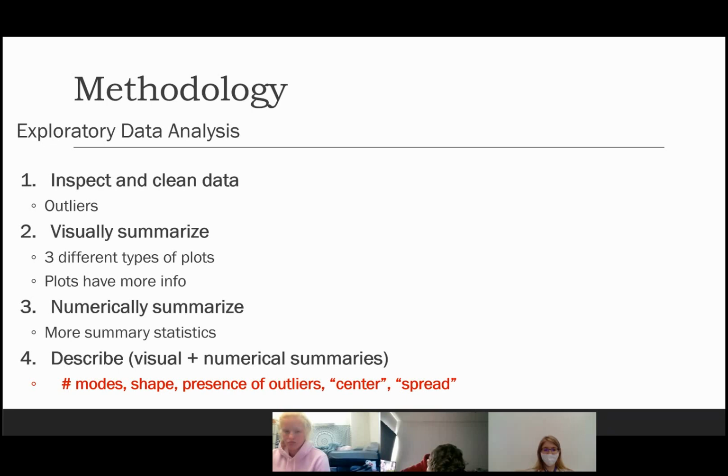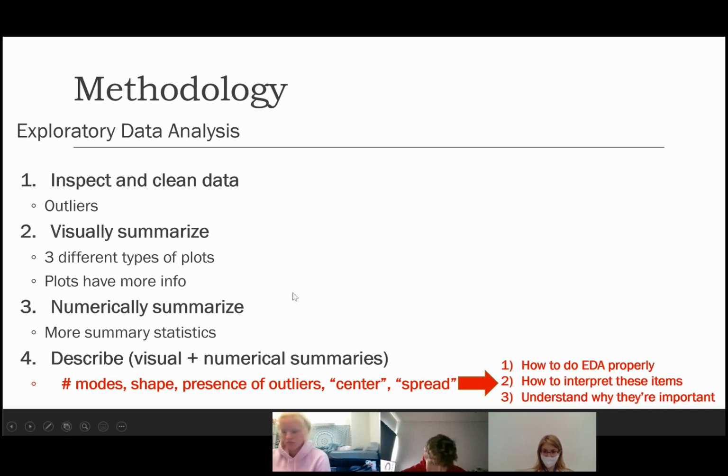So when I ask you on an exam to describe the data set, you're going to give me 5 things. And these are the 5 things. What we're going to do today is learn how to do these with actual data sets. This is something that you can't sit here and watch somebody else do. You have to do it yourself. So this brings us to what we're going to do today. We're going to learn how to do this properly with the data set. We're going to learn how to interpret what each of these things means and why they're important. And these last 2 are pretty much in the lectures.